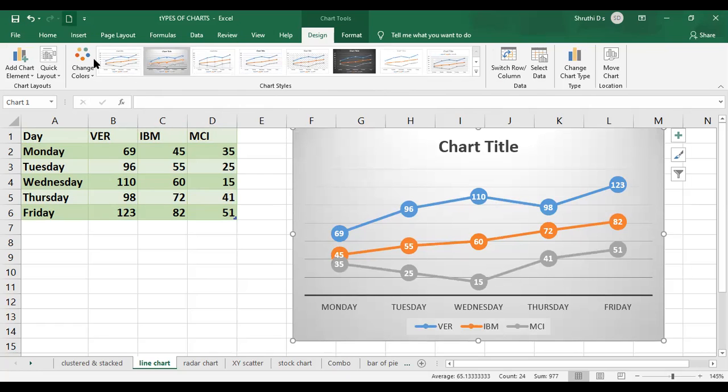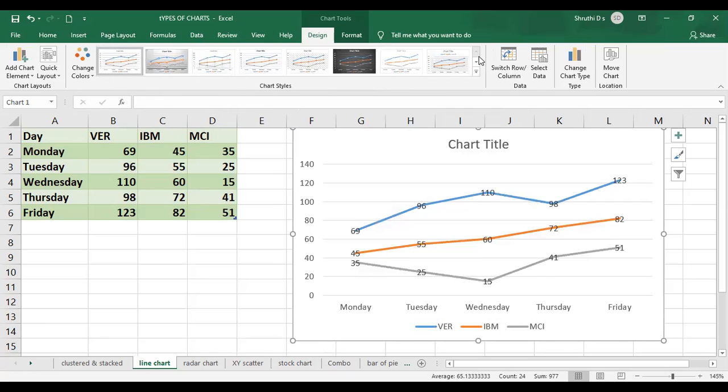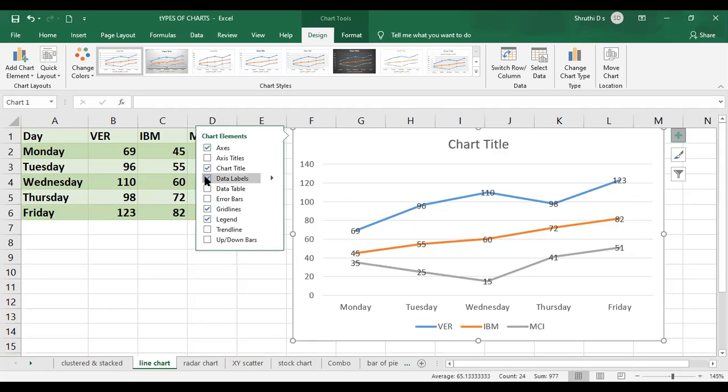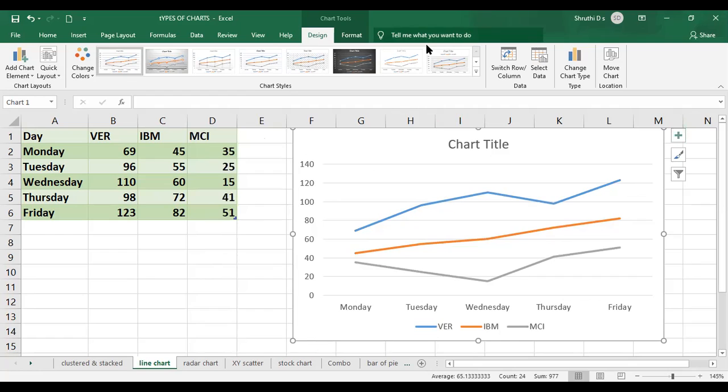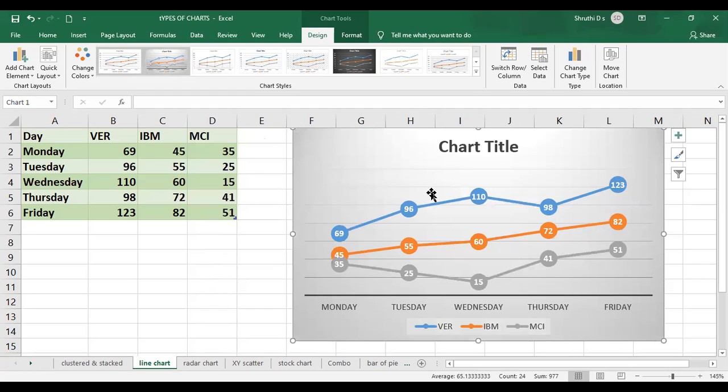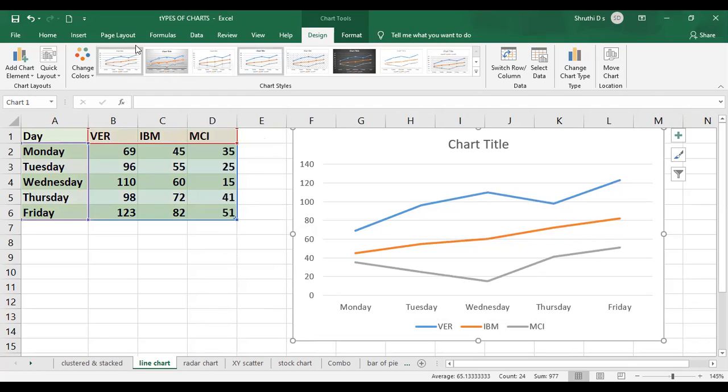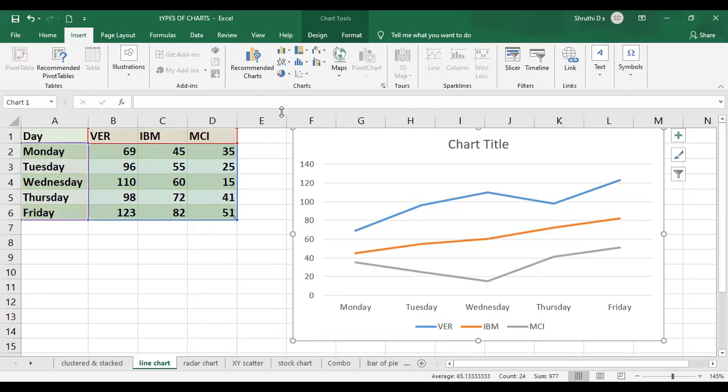If at all you go to the first one or different style theme which I have explained, right? I think I applied a different style there, so it is gone. So like this, the plots, the data labels, if I remove them, now I'll just select that. Data labels are removed. Now I'll select the other line chart option. So go to the insert option.